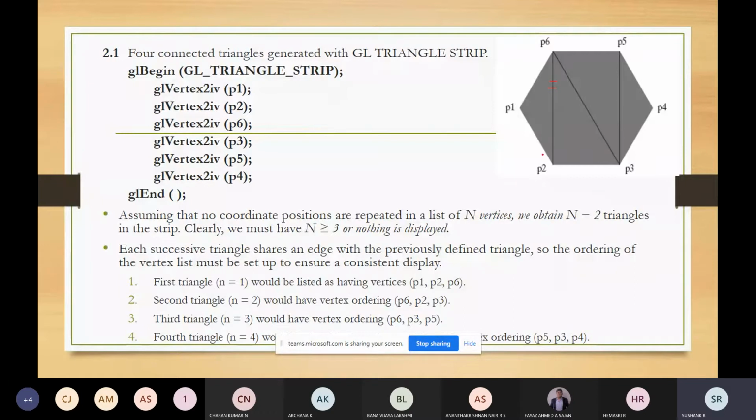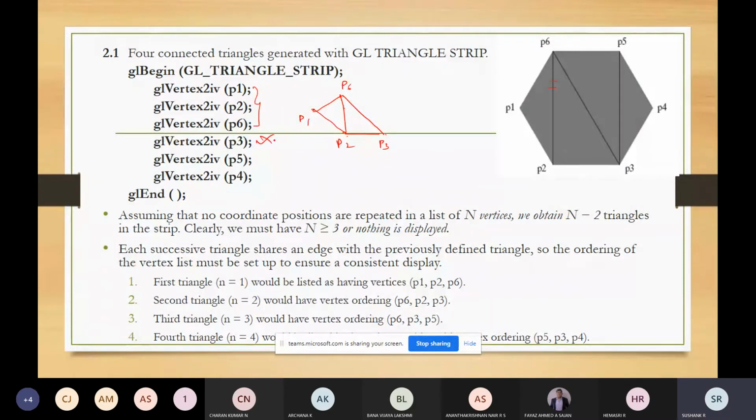For example, it is also in order: P1, P2, P6. The first triangle will be through P1, P2, P6. So first this triangle will be formed. This edge will be common. Using this edge as the common, the next vertex is P3. So the next one will be P2, P3, P6.